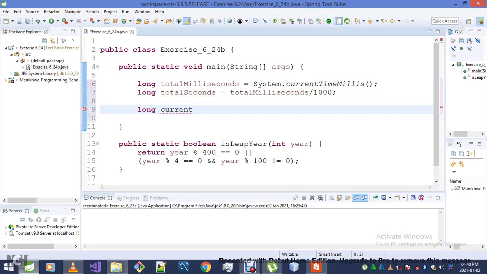Current second. We know that because we were only told about time, and for time we are concerned with seconds, minutes and hours. So that's why we don't care much for the remainder, the one I was just telling you guys about. So current seconds will be